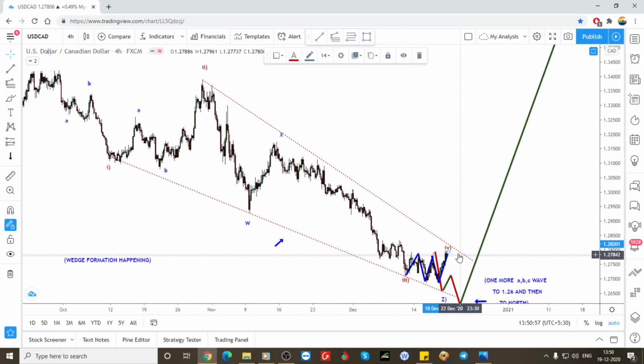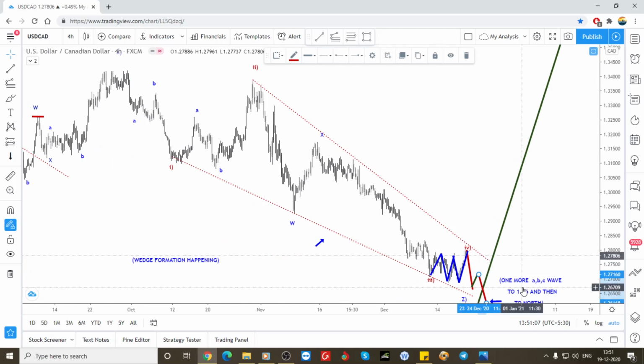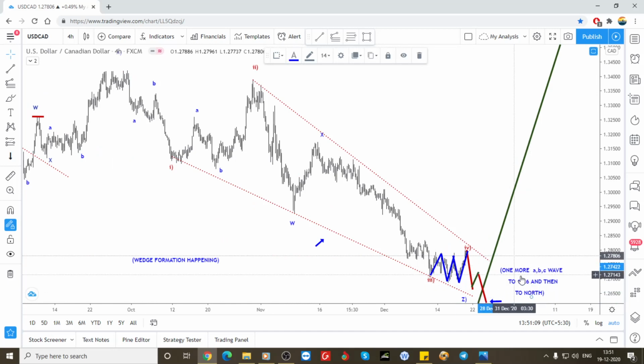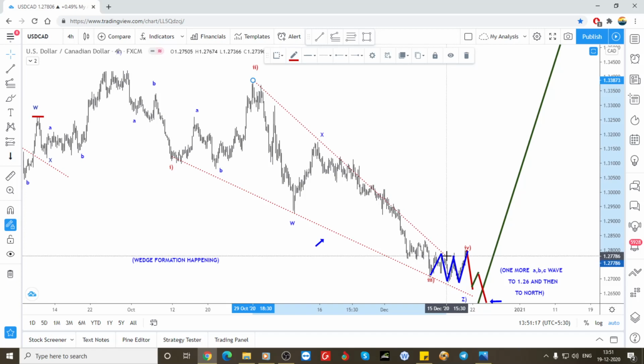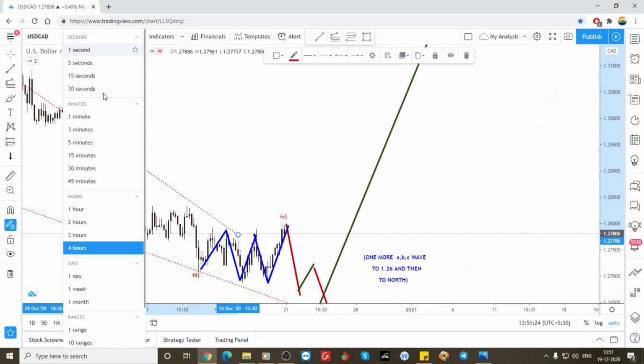In that case, one more low is also possible, to 1.26. That is what I already informed, that one more ABC wave to the 1.26 and then to the north. So whether it's already completed here, if it is a fourth, and a fifth is also there, and because it didn't break, I will show you the 1 hour,